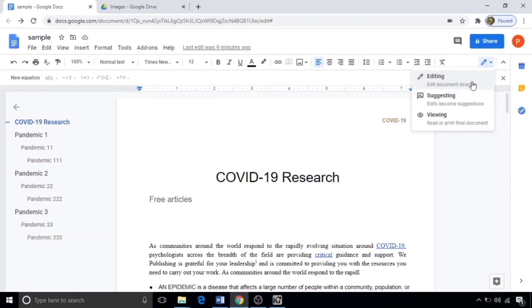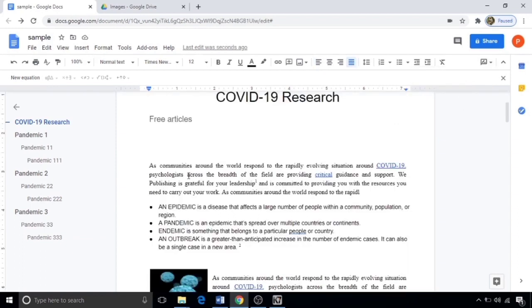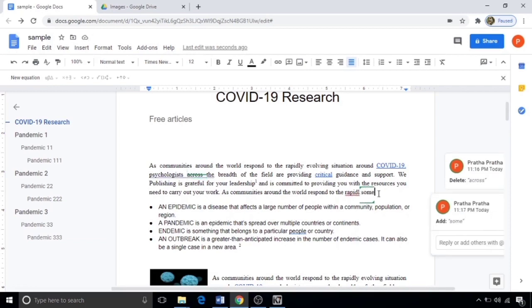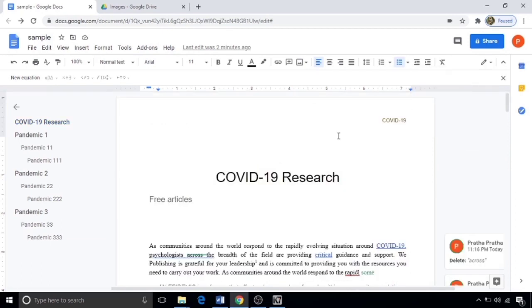As I said already, now we are using editing mode. If I choose suggesting mode and you delete something, it will change as strikeout. To see that, select suggesting mode. Suppose I want to delete this word across in suggesting mode, what happens? See here. It will change as struck out rather than being removed. If you try to add something in the document, that will be added with a different color. See here. You can also see the history in the sidebar. Now I switch to editing mode.